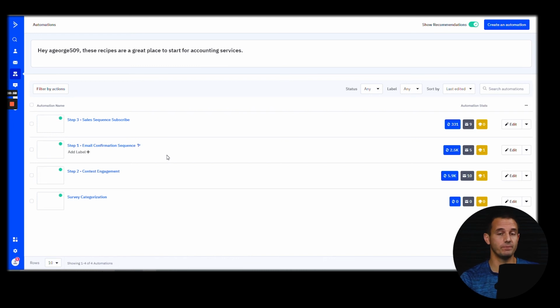Now, once they click, the way I set it up is I move them from this sequence into the contest engagement sequence, which is, hey, they're actually somebody clicking and opening. Now I can send them a list of emails. My strategy is that I don't want to sell them at all until they actually say they want to learn more. So my contest engagement sequence is driving them back to the contest page, giving them a code, and saying, hey, I'll give you 100 points in the contest to increase your chances of winning if you just put in this code.